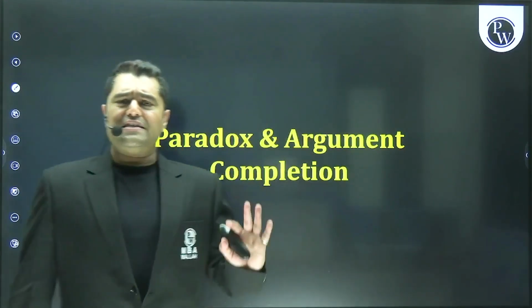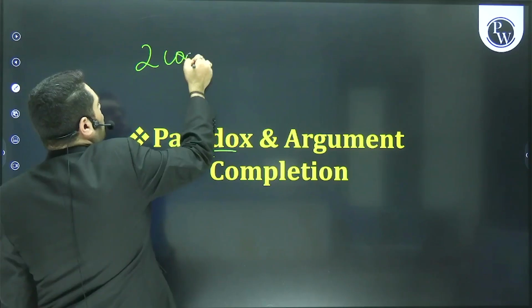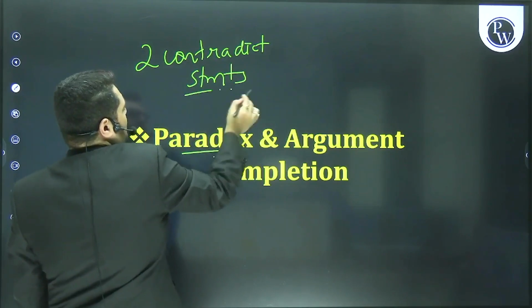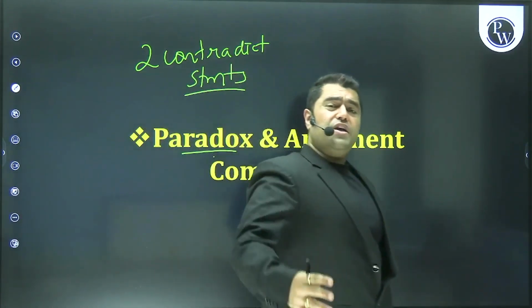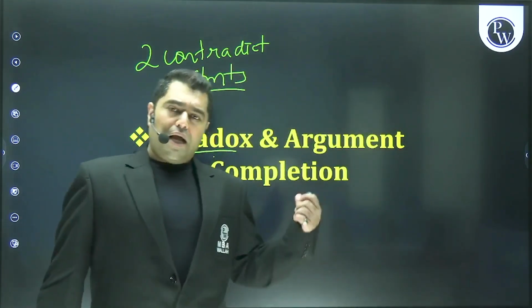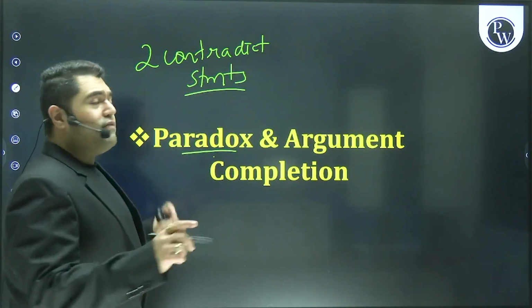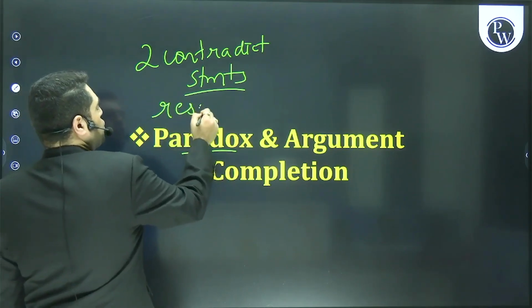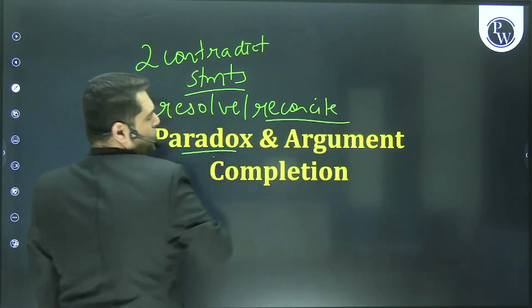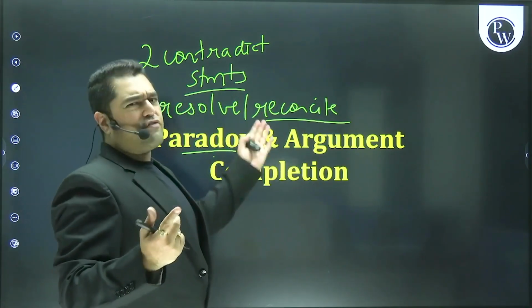All right. First, let us understand the term broadly. Paradox होता क्या है? Paradox मतलब two contradictory statements, ठीक है, which coexist side by side. Now that is not possible. It's like saying that you are present and you're absent, you are alive and you're dead. How can that be the case? So यहाँ पे what will happen in paradoxes, there will be something that will be opposite. You will be asked in the exam to resolve, to help reconcile this paradox. So what is the keyword in the question stem will be resolve or reconcile, and of course paradox.